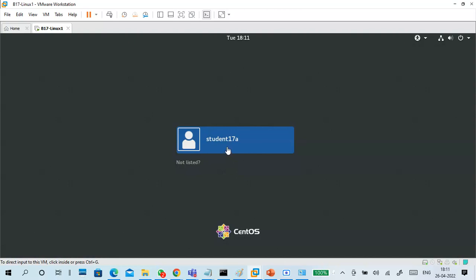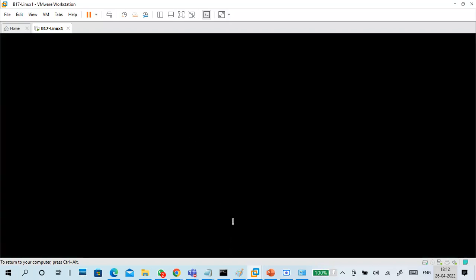You are getting student. Don't go for it. Go to not listed. First time you log in with root. Next time you can use student. First time login, not listed. Then root. Username is root. Next, password is admin@123.